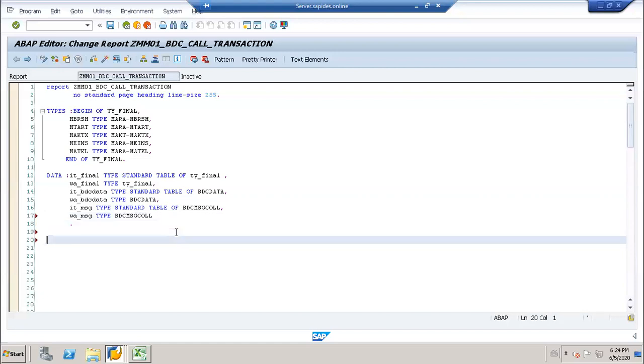Now I will take a file name. So here I have to take a selection screen. Block B1.